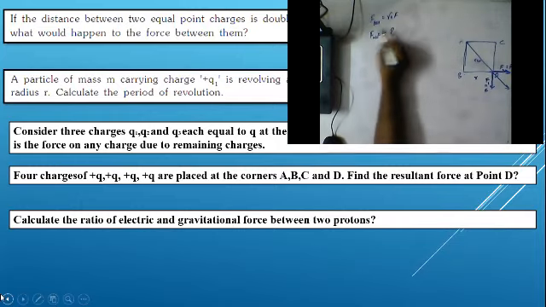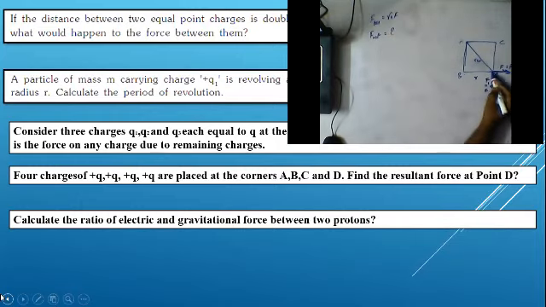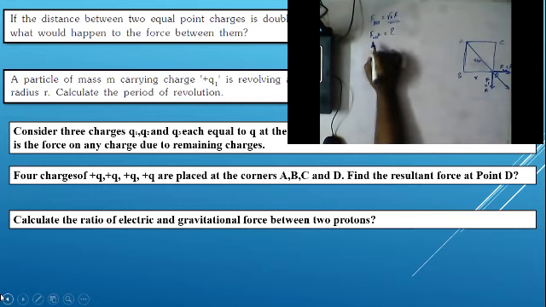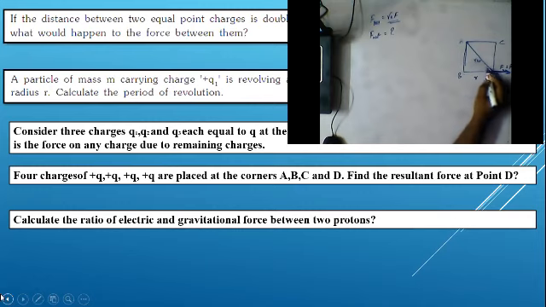Okay, guys. So F resultant. Here the force due to FCD and the force due to FBD, we got it as what? Root 2 F. But what we require is F net. So if you clearly observe, AD is making an angle. How much, guys? Theta is equal to 45 degrees.